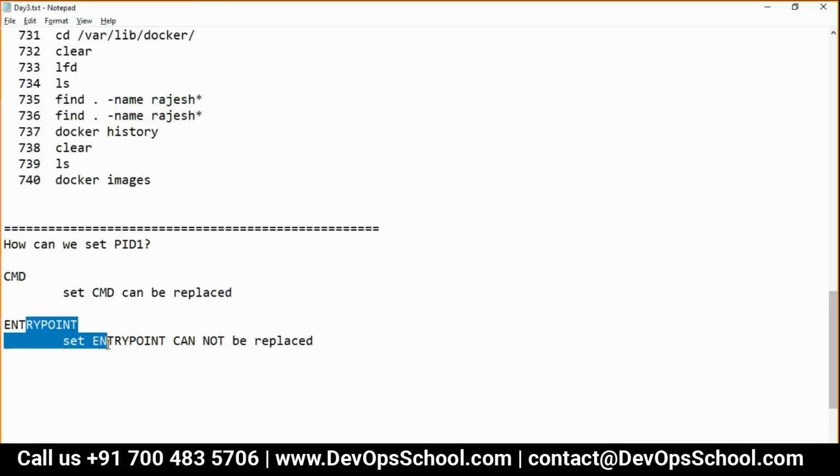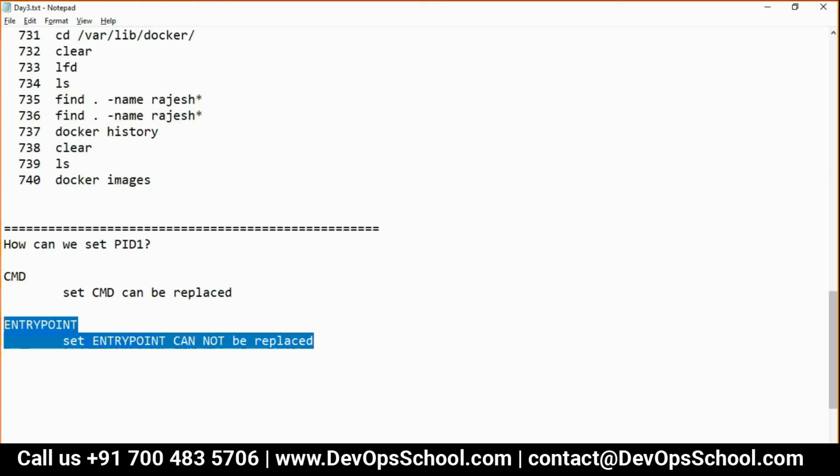So CMD and entry point: you can set Java, Python, Perl, some executable you want to make the container with, or web applications, then you can use the entry point. Guys, can you go to the terminal?